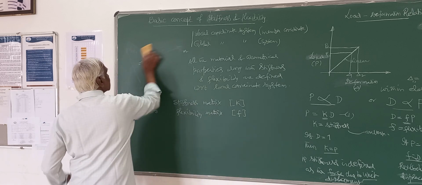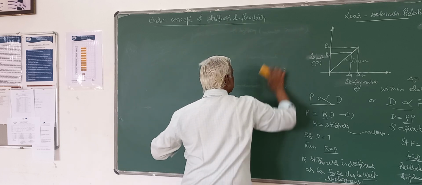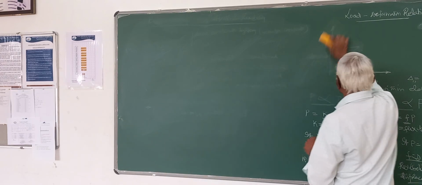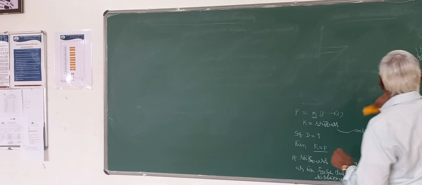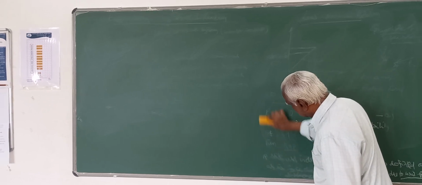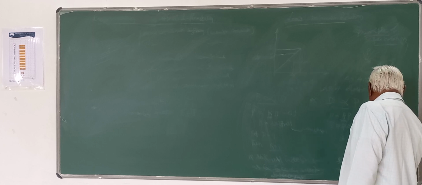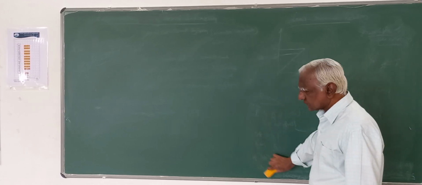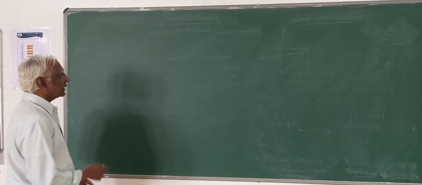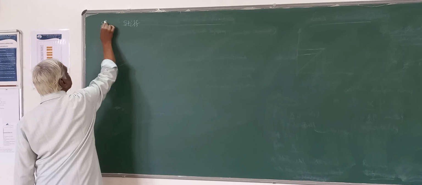So we define this stiffness matrix and flexibility matrix with respect to members or elements of the structure. Elements are members of the structure as a whole. That structure may be a simple plane frame structure, a plane truss structure, a member of a space truss structure, a continuous beam structure, or a space structure. Now let us define what is meant by element